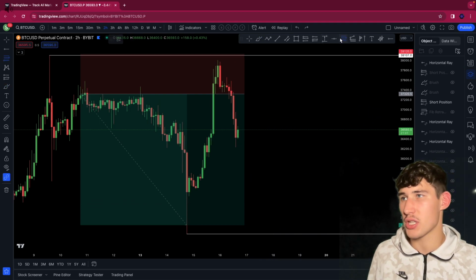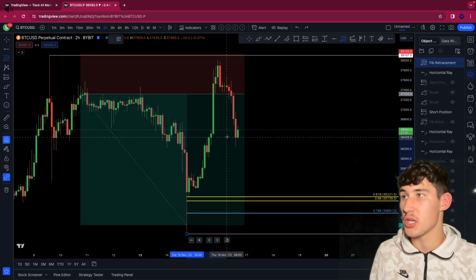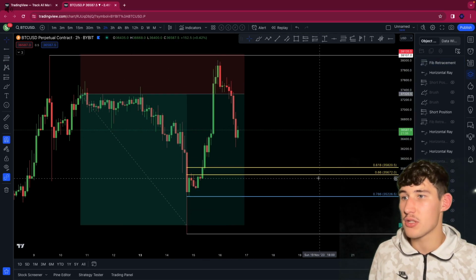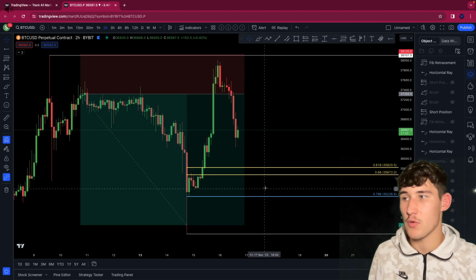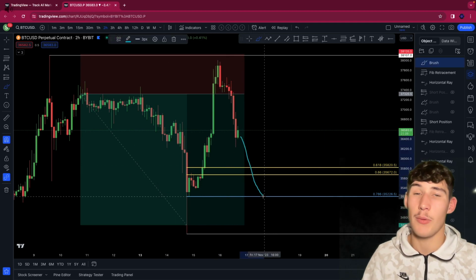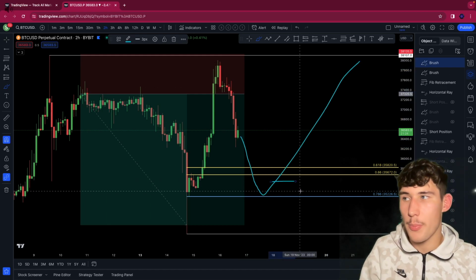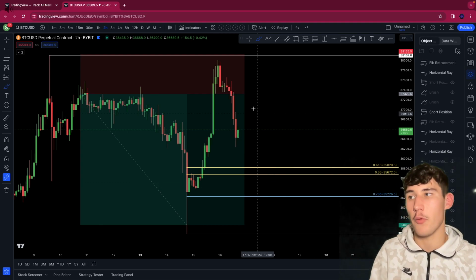And then if we actually pull the fib, we can pull a new fib, a new GP and 786 level, which as you can see comes in around these levels right here. Now if we come into the GP and the 786 level and we look bullish coming into that level, that is another possible opportunity that we could be looking for a long.